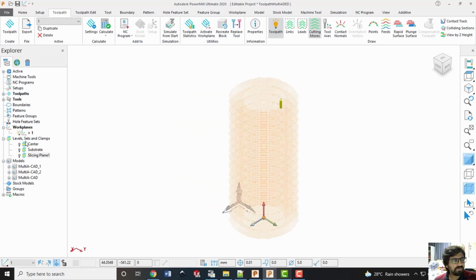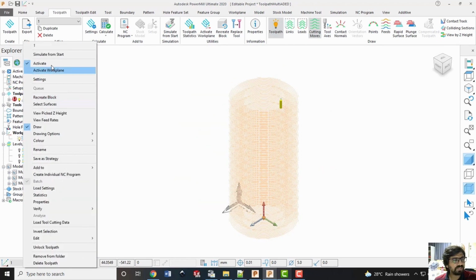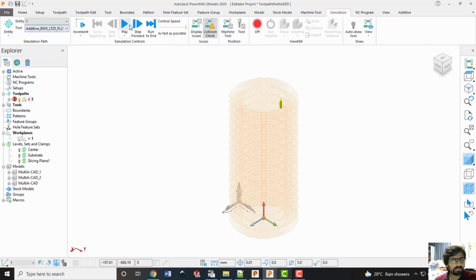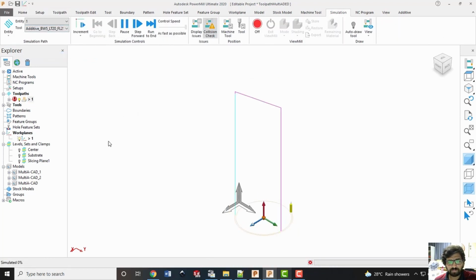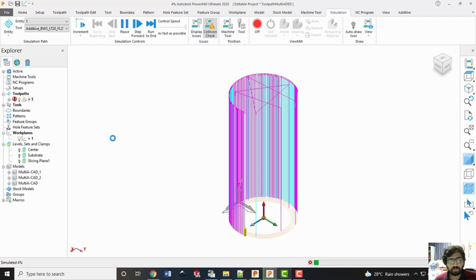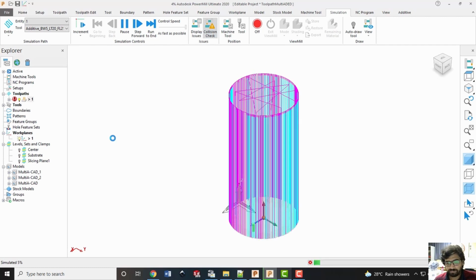Now let us try to do the simulation so that we can see how it is going to deposit or add the material. So it will start from the bottom, as you see. Now all the passes are offsetted from the outer contour, and it uses a strategy called median axis, which is very popular nowadays, particularly for DED.